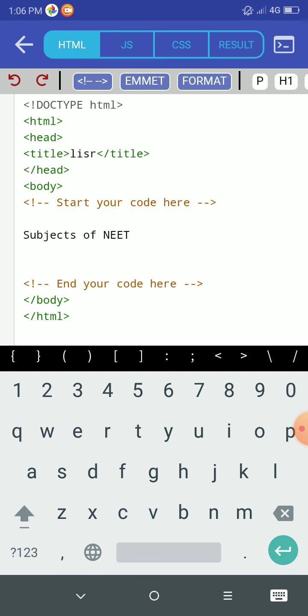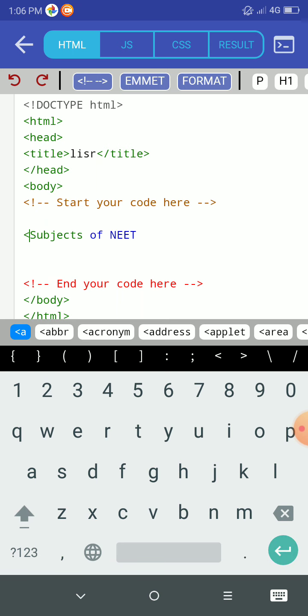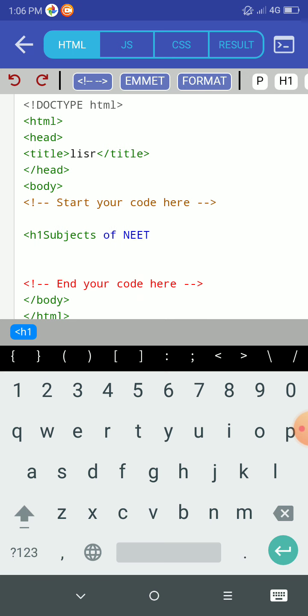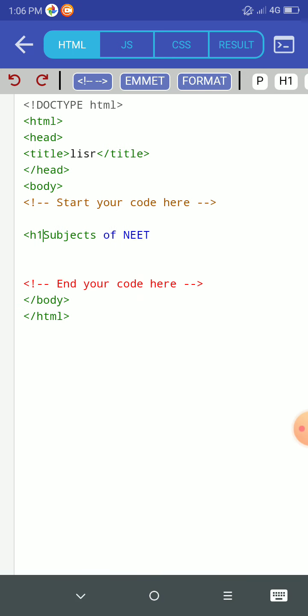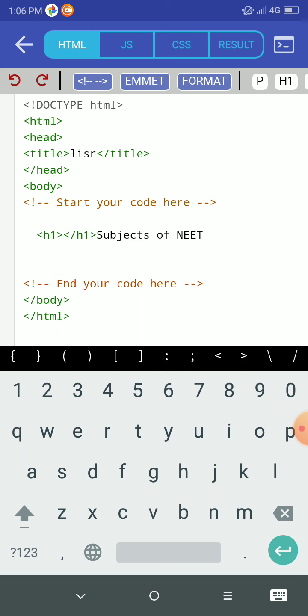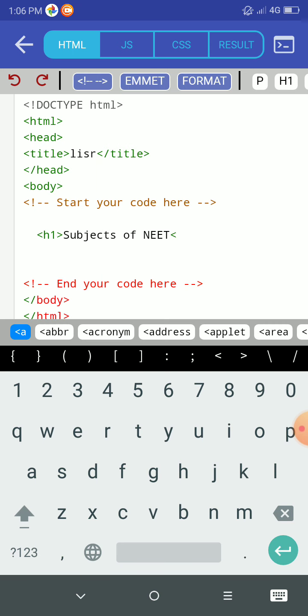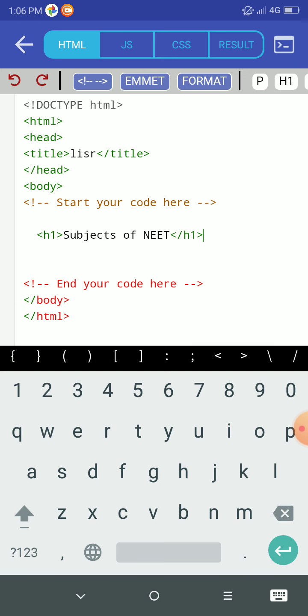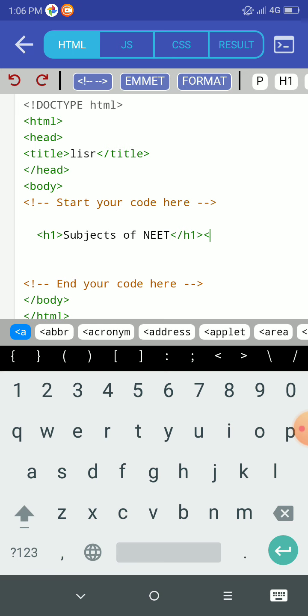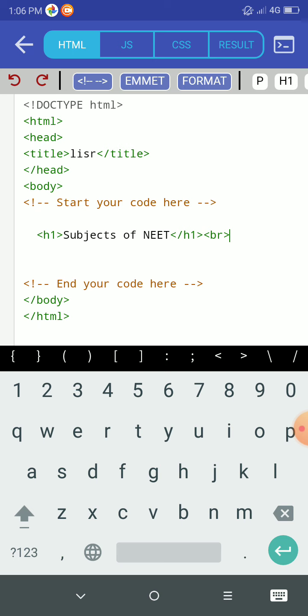Okay, just we have used here the h1 tag. We can use h1, so it will look better in output. Okay, so after that we use a br tag. Okay, and here we are going to display the lists.